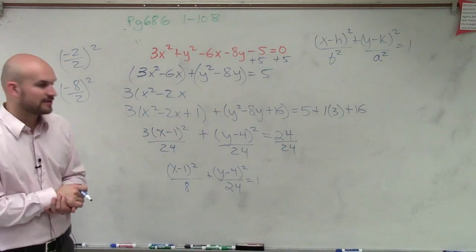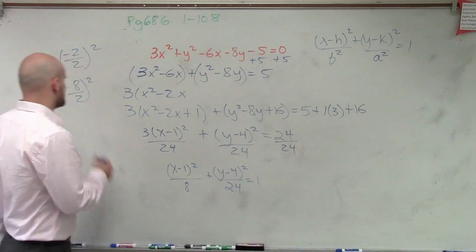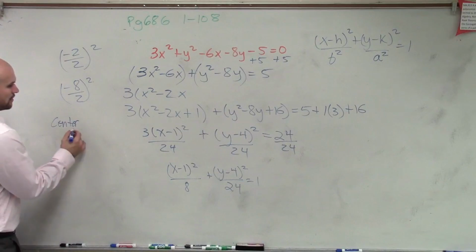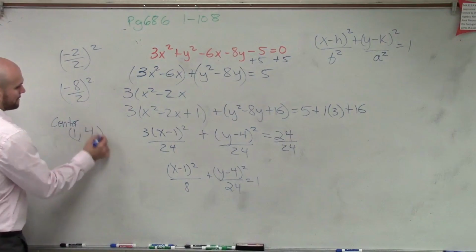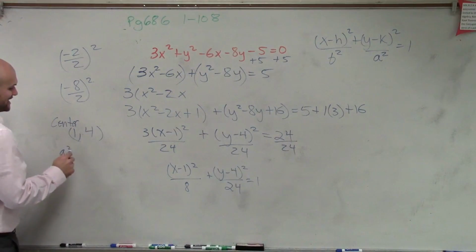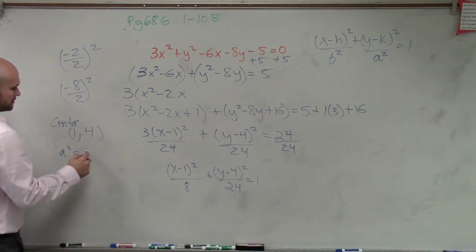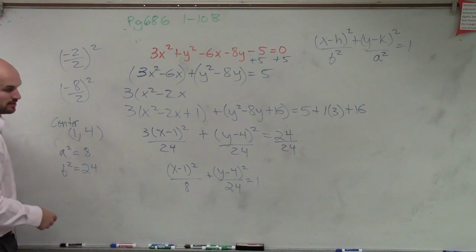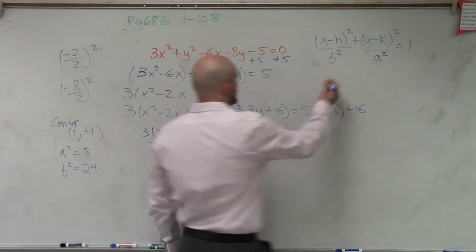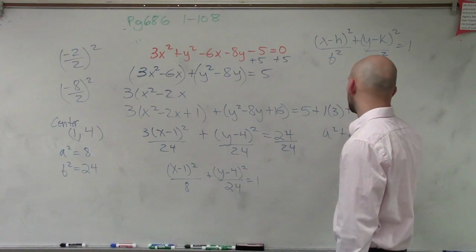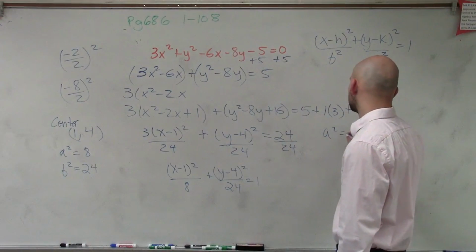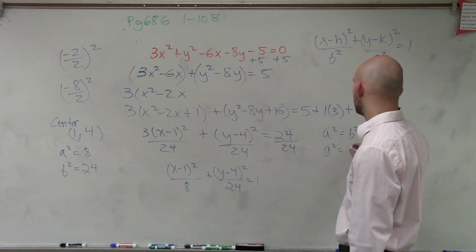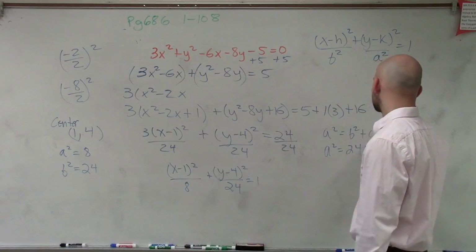So now we need to go and figure out what everything we know. So now we can determine our center. Our center's at where? 1, 4. Right? So now we know a squared is going to equal 8. b squared equals 24. And remember, to find our c squared, we know that a squared equals b squared plus c squared. So a squared equals b squared, which is 24, plus,